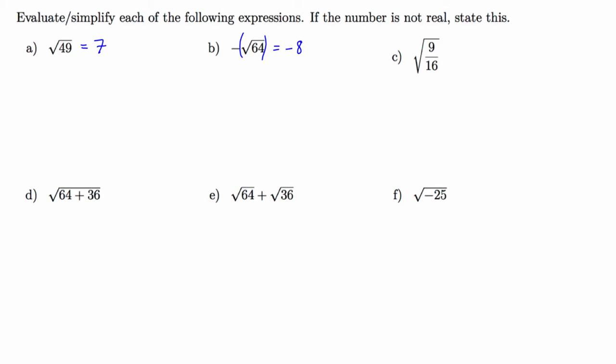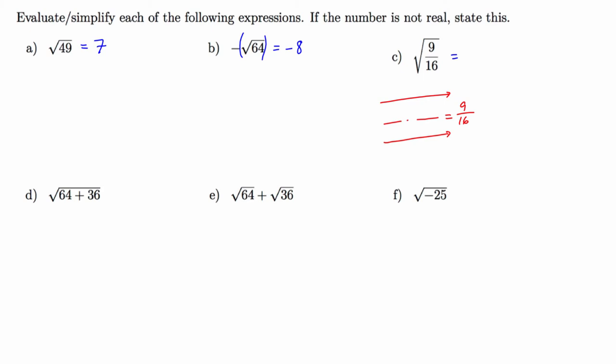In Part C, we want to find the principal square root of 9 over 16. Since the radicand is a fraction, I assume that the answer will also be a fraction. Knowing that I'm working with a square root, I'm thinking what fraction multiplied by itself will give me 9 over 16. Remembering that we multiply fractions straight across the top and straight across the bottom, I'm really asking myself, what is